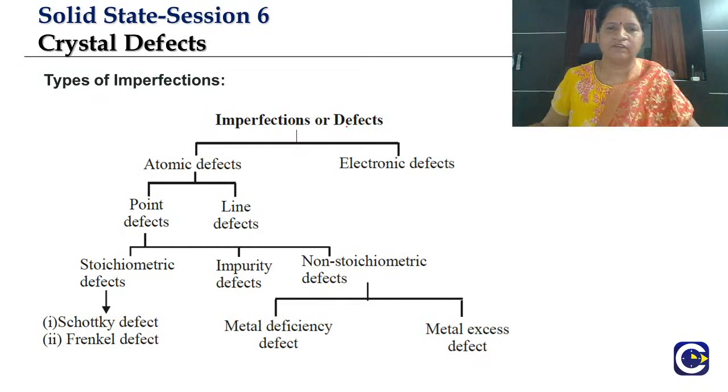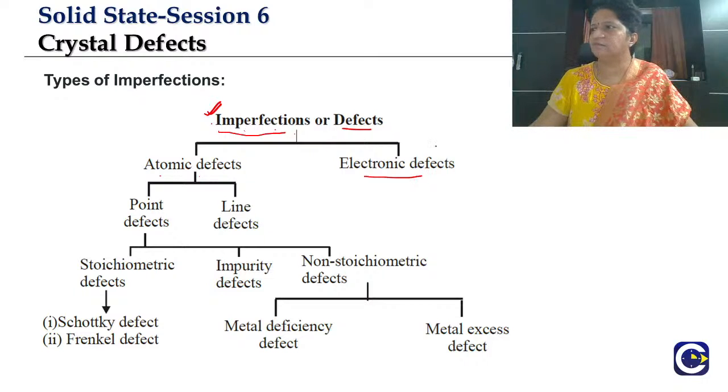What is the other term that we use? Imperfections. It is not perfect, so we call that an imperfection. Here there can be atomic defects, or electronic defects. As the name indicates, there will be a difference in